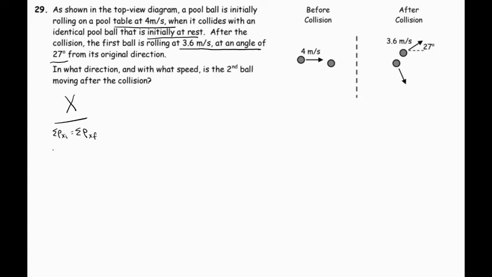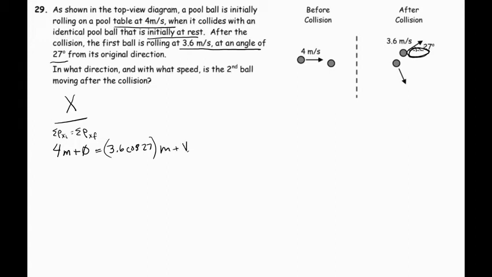So our momentum before, we have our 4 meters per second, and our m being the mass, plus 0 because your second one is at rest, is equal to 3.6 cosine 27, because we're looking at just this angle right here. So that's cosine 27 times m